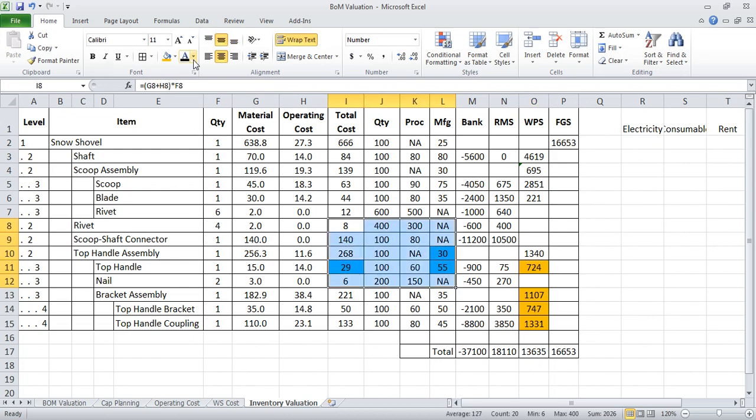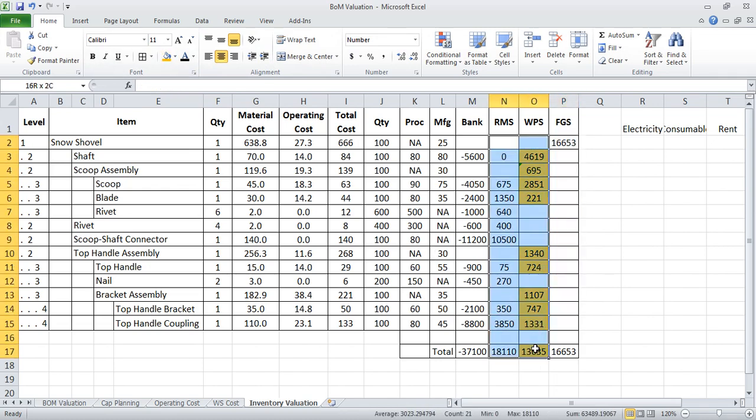So this way I can go from bottom to top and I can finish for all the work in progress material. And the total of the work in progress material cost is 13,635 rupees.